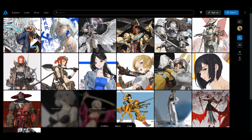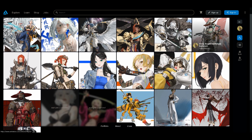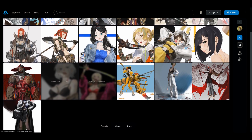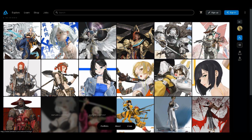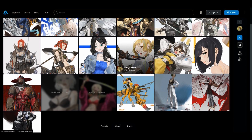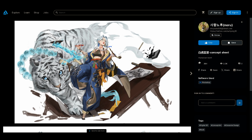Noru is actually quite similar to another artist that I believe I reviewed named Chojang or Wan Young Yoon. I will also link their work down below, but in terms of their style, they're very similar in terms of the body proportions, the facial features, and even the design shapes for the wings, the swords, anything outside of the human figure. Although I do notice the rendering is quite different, so let's go through some of his or their pieces on